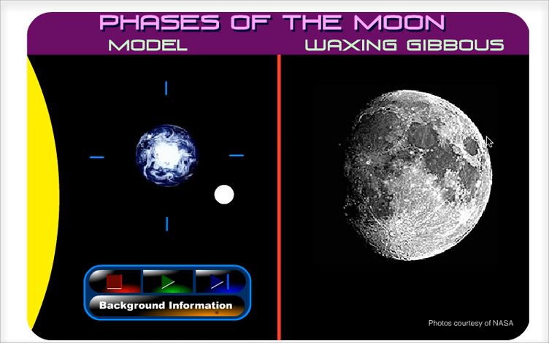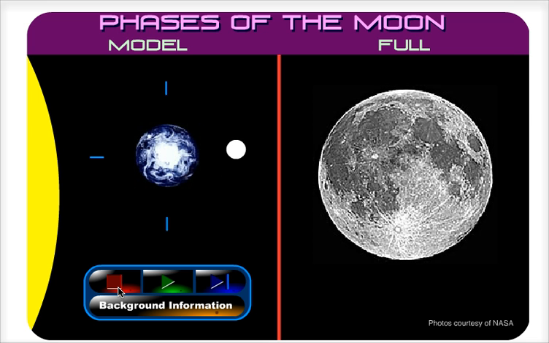And as we continue, it grows more and more, but not quite all the way. There's still a sliver of moon still not showing. This is still growing, so it's still called a waxing moon. But now instead of a crescent shape, it's called a gibbous moon. And as the moon traveled halfway around the Earth, we now have what's called a full moon, when it's completely